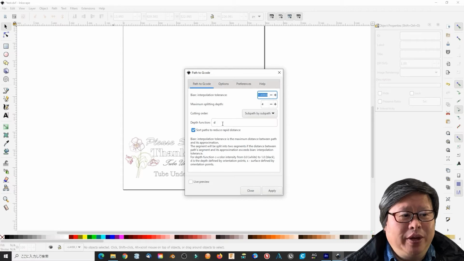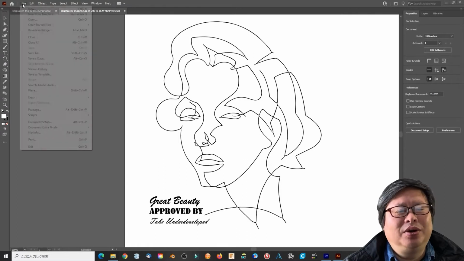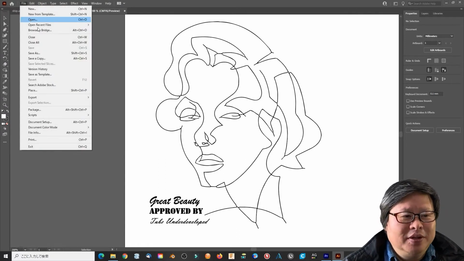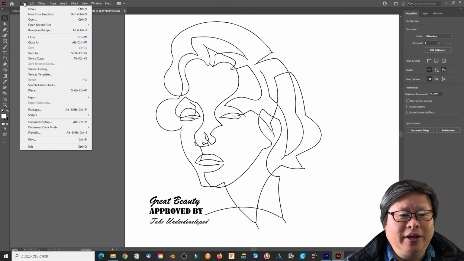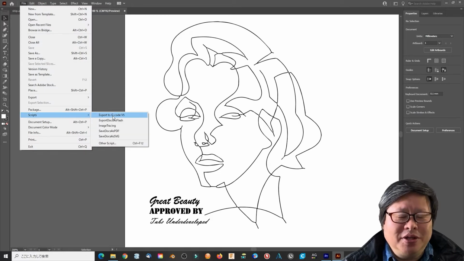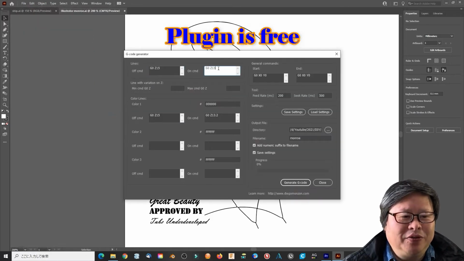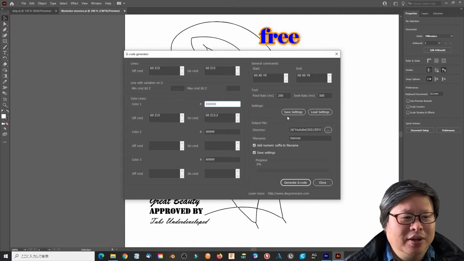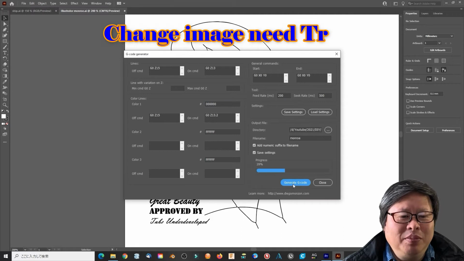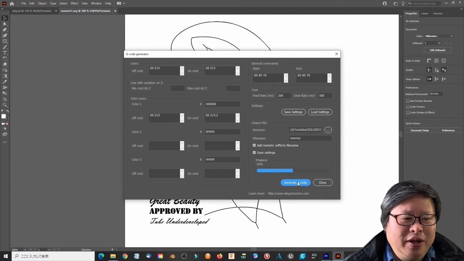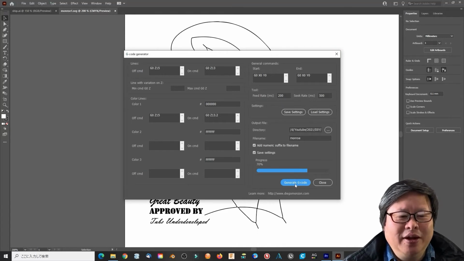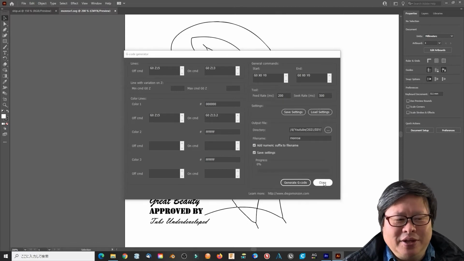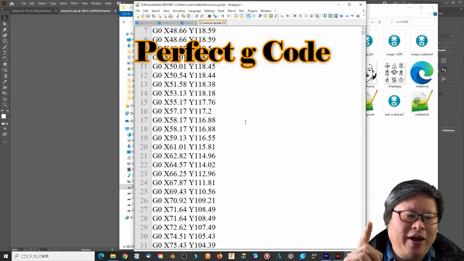All of the above is free software. Here, I must introduce you to Adobe Illustrator. Like CorelDRAW, they are not free, of course. Since you draw a picture using vector format now, I suppose you may have this software in your hand. Unlike CorelDRAW, this plugin is free. You can download it from the link below in my description. Then, you can change any type of vector or image format. Since it is free, it has a little trick to use it correctly. After generating the G-code file and saving it to your computer, it looks like this. It is a perfect G-code file for me.